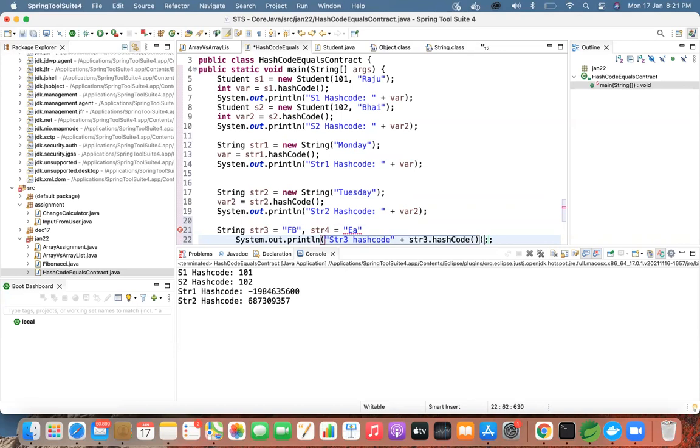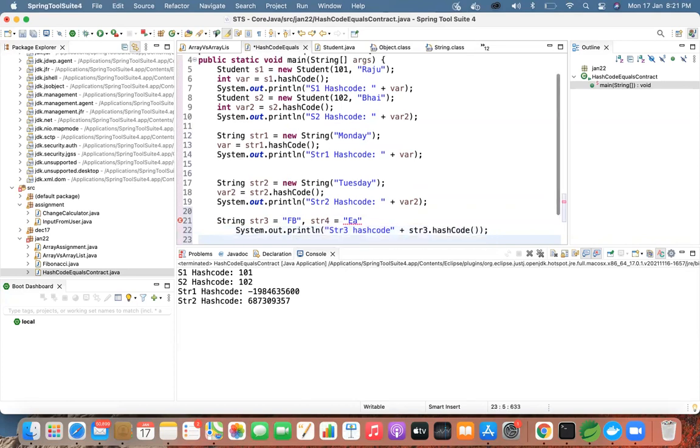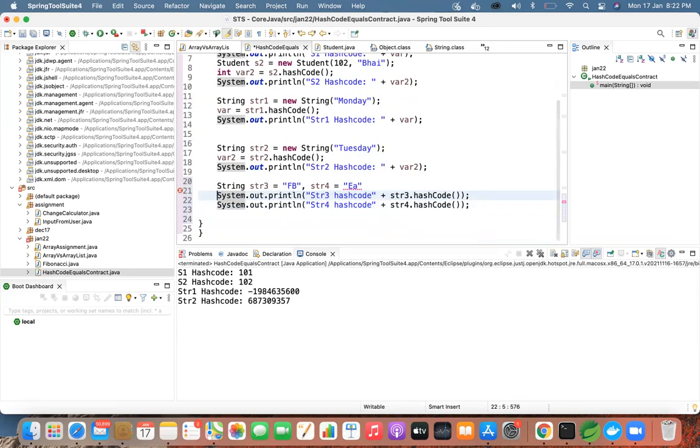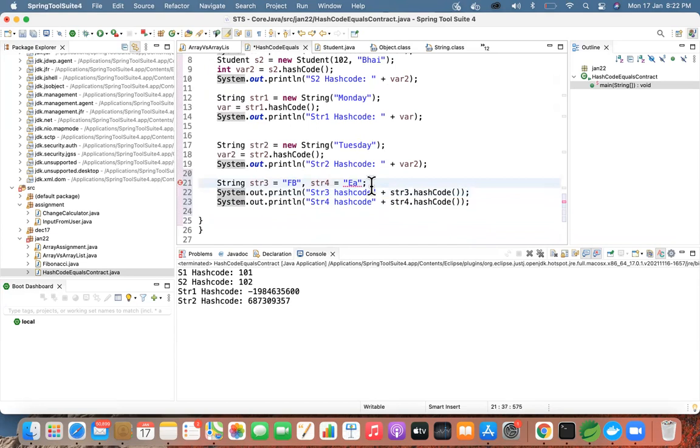I think you need to give some semicolon after 21, after the end of the line. Okay. So far, either you got the hash code method from object.class or from string.class, we had a unique value, right? Now execute your program.